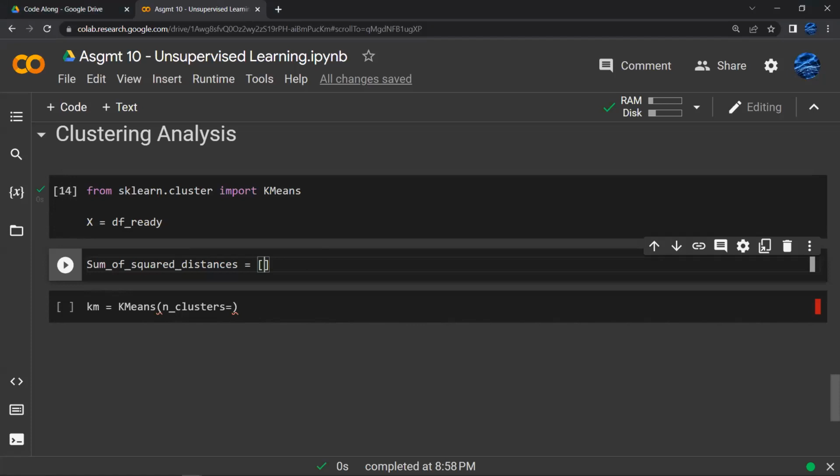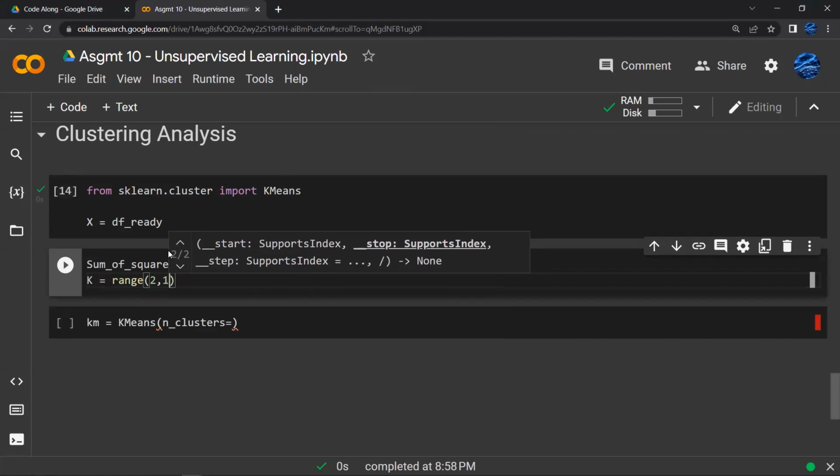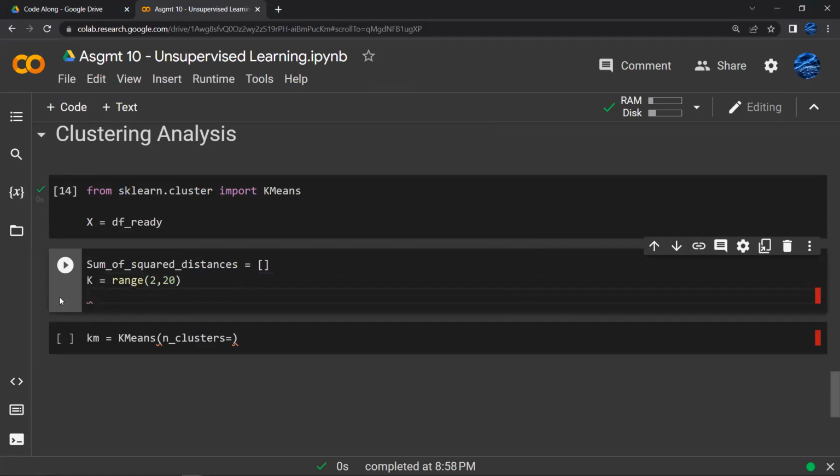it'll make some more sense in just a moment, but I'm going to just make a range, and I want to do a range from 2 to 15. And this can be any number. I can actually have this at 20 if I want to. K represents the number of centroids or the number of clusters we're going to have. The reason why I'm starting at 2 and not at 1